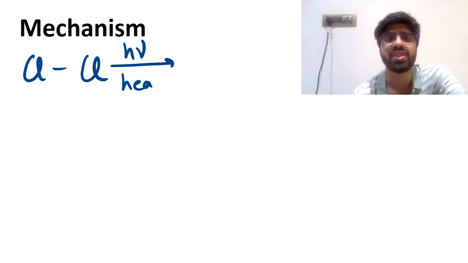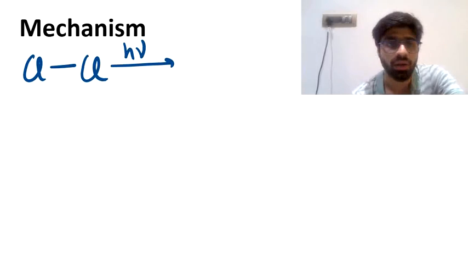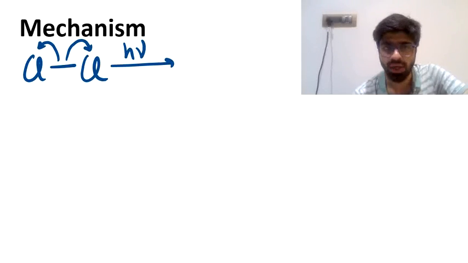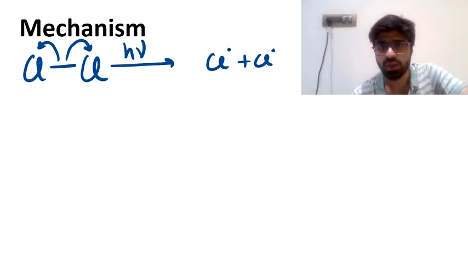So in the presence of sunlight or heating, the chlorine-chlorine bond is going to break, and it will break in a symmetrical manner. Symmetrical manner means the bond contains 2 electrons. After breaking, one electron will go with this chlorine, the other electron will go with this chlorine. So you will get chlorine free radical plus chlorine free radical. In short, we get the formation of 2 free radicals of chlorine.